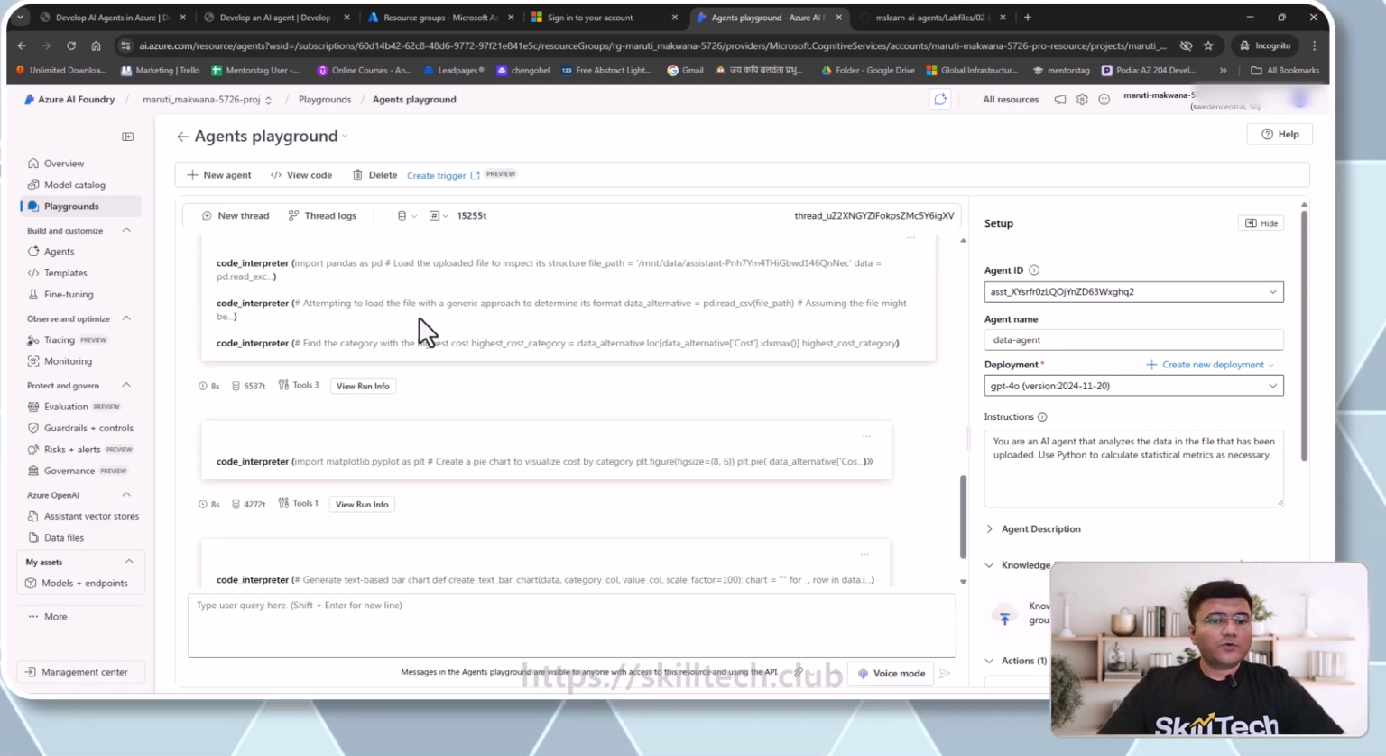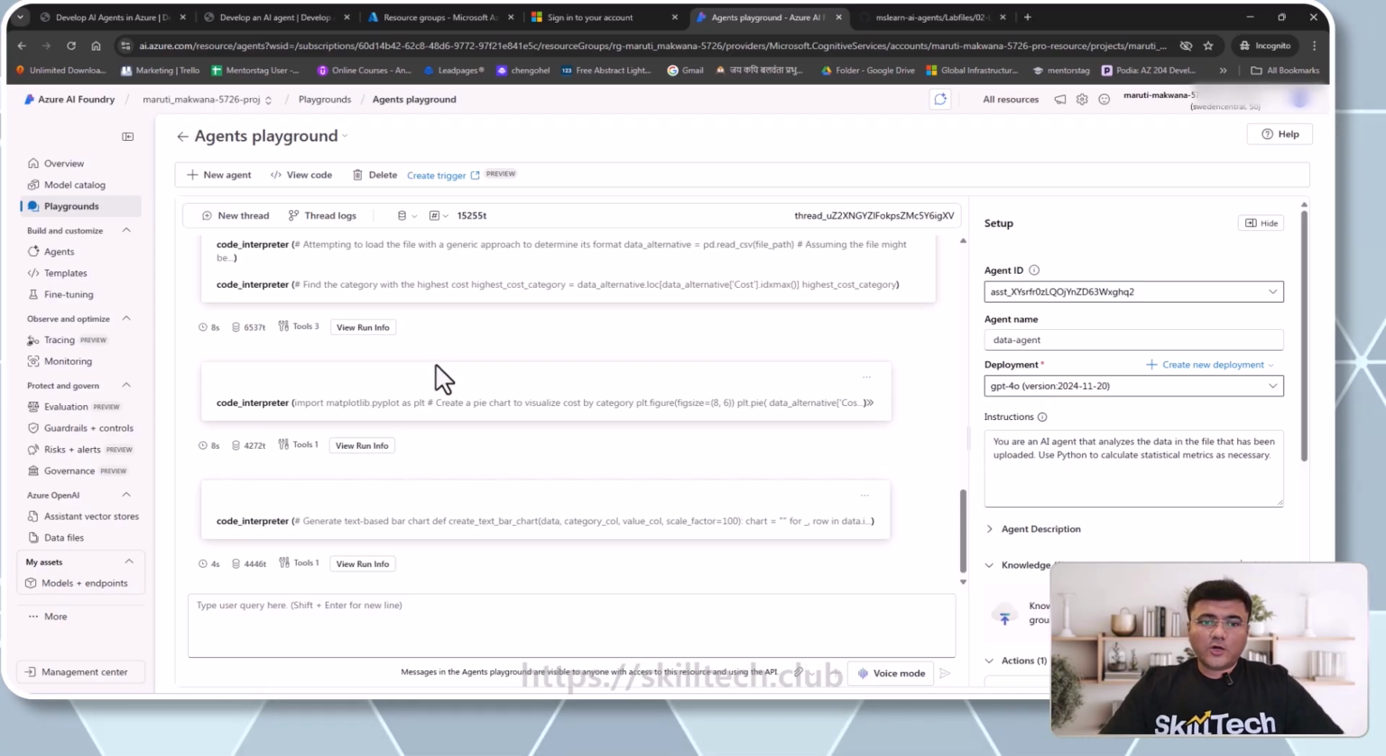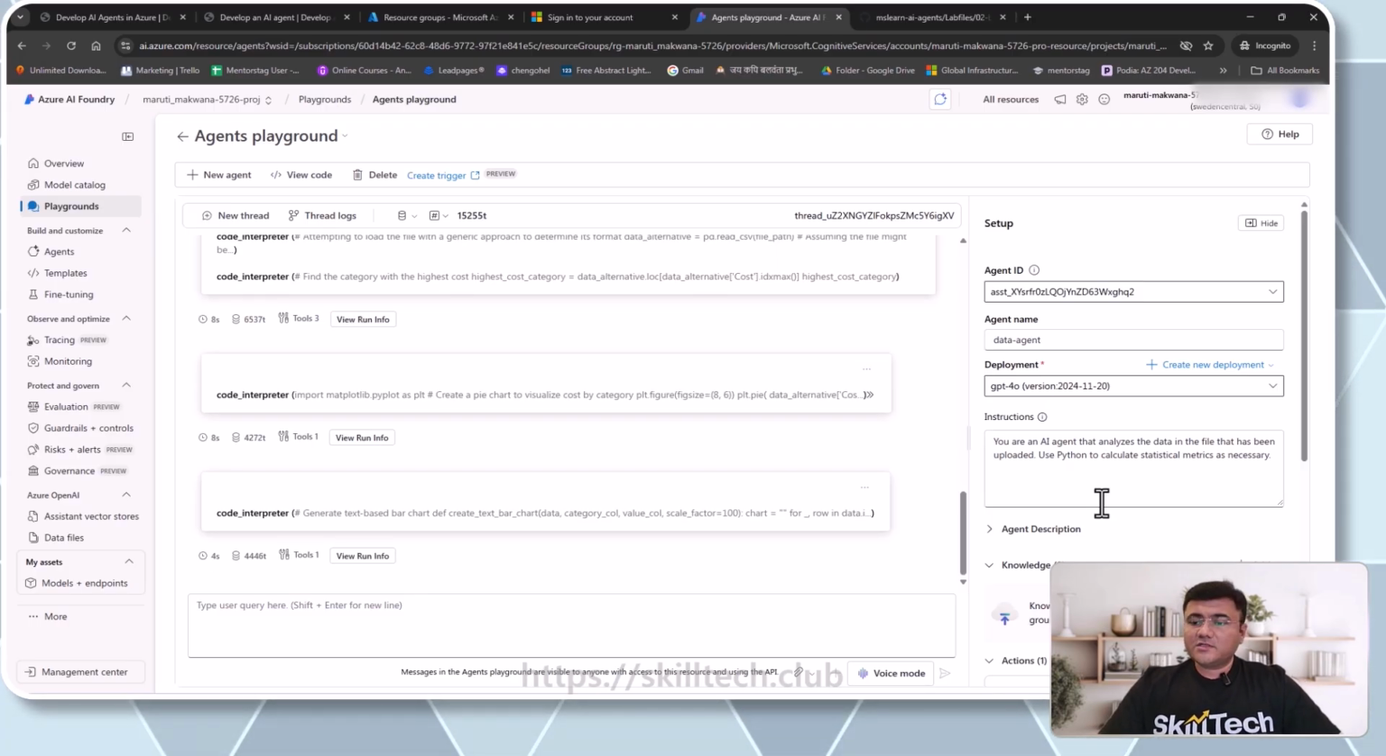So sometimes if you want to do this, you have to change it accordingly. So I'm just saying use a Python calculator for statistic metrics as necessary. And then this is something which was a message. Now let's say I'm going to change this message, and I'm saying that